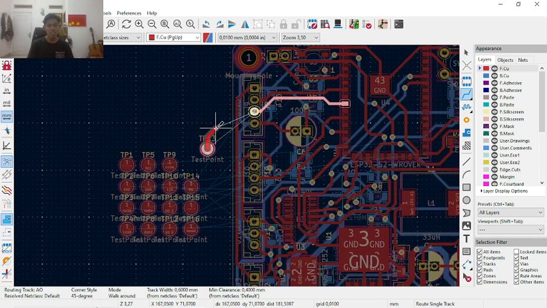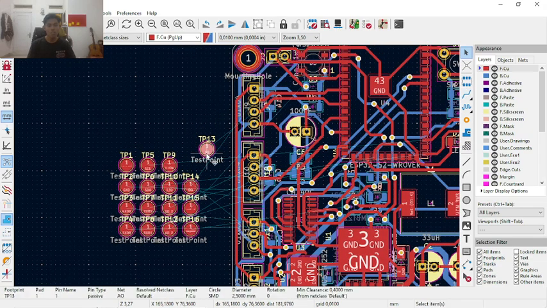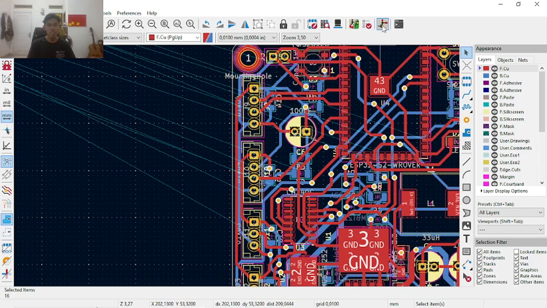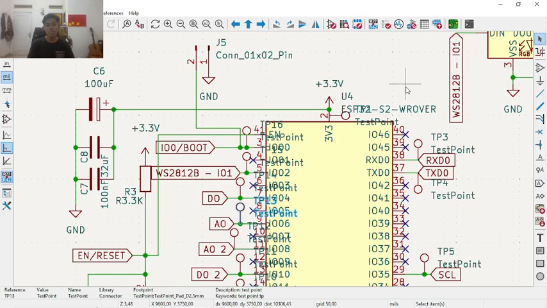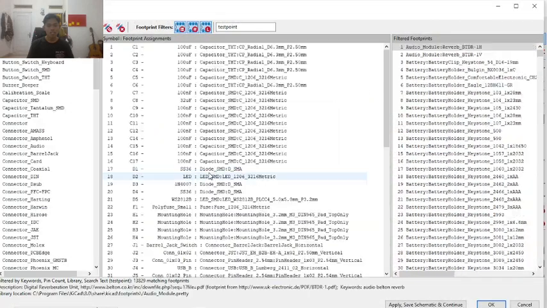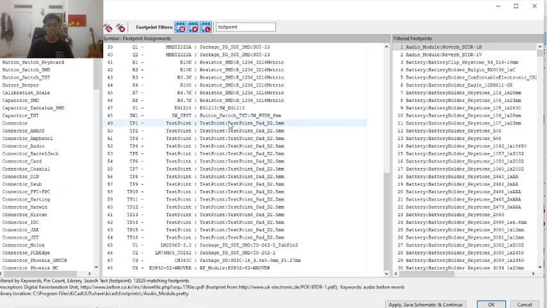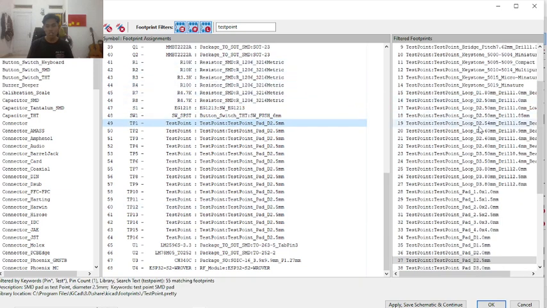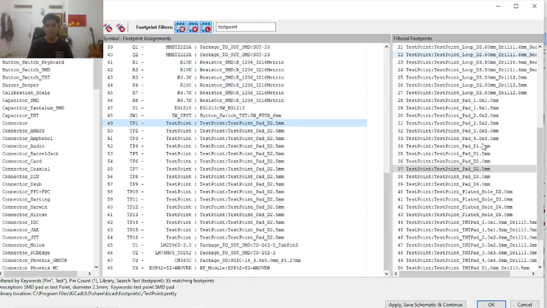For example, okay, we will, wait. Maybe for the test point I will use the smaller footprint because it's just for example. I will use the 2mm maybe.